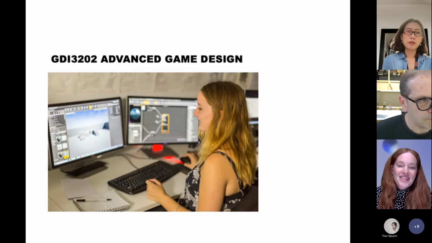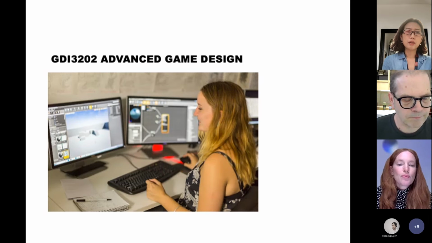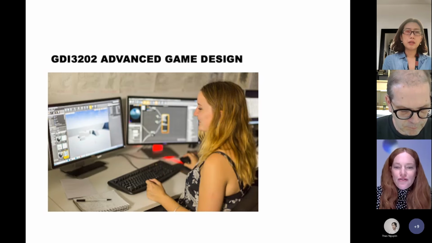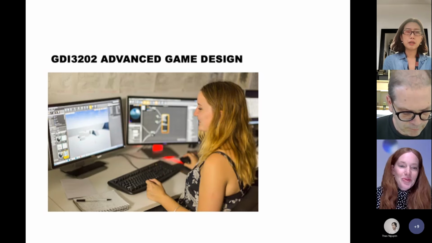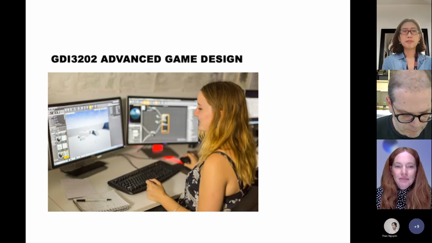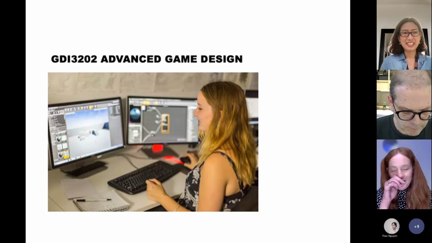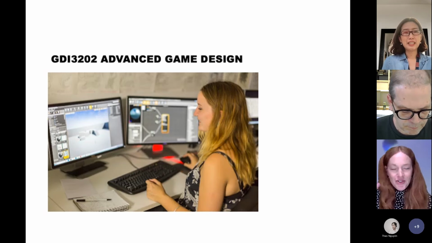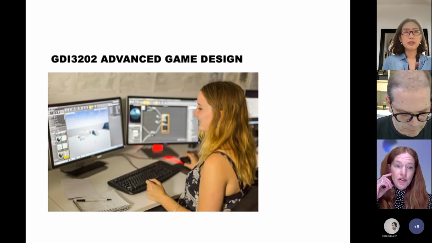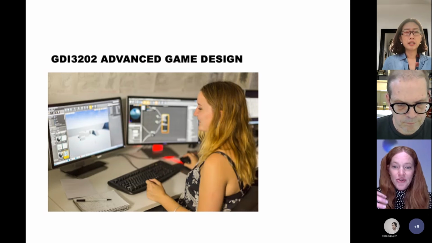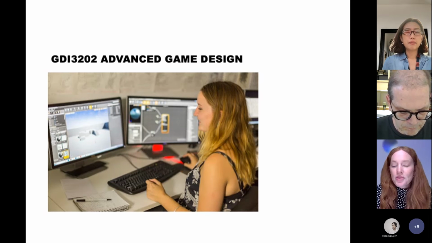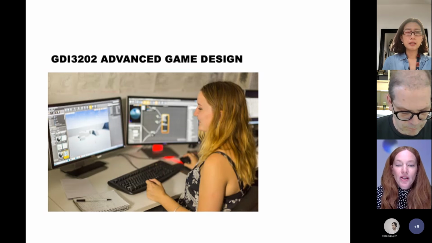What's particularly interesting about this unit is you'd presume that game design students would be nerdy introverts who'd be really comfortable with learning online. Joe and I often joke about the game design students when we see all of our students together in the different majors. The game design students are usually a bit quieter and shyer and not as good at communicating. But despite the fact that we assume that just because they're digital natives, they're happy to learn online,